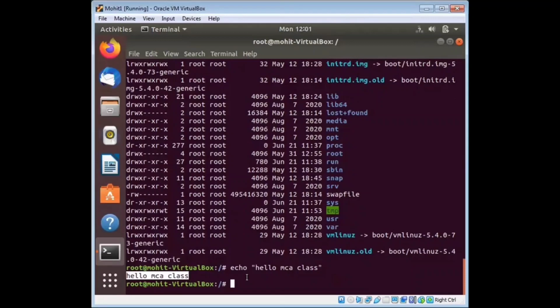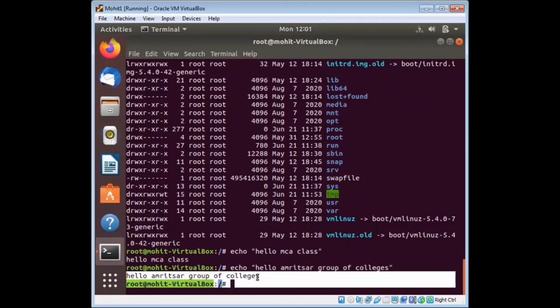You can type anything in between the quotes, like this: echo space double quotes hello Amritsar group of colleges.